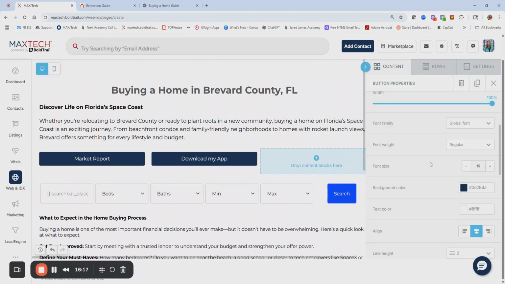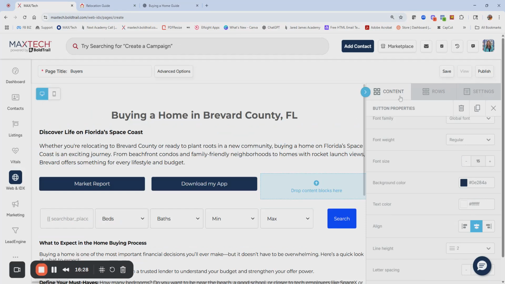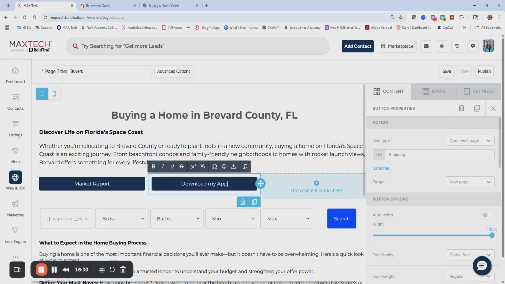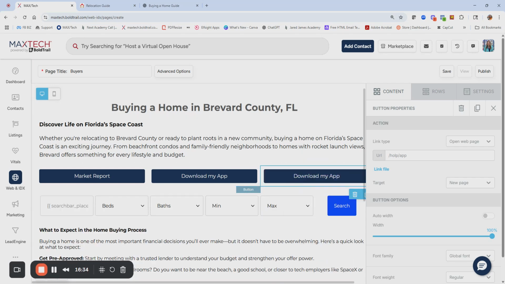I could definitely add in a form looking for information. And you see here, it's like, okay, I have market report, download my app. We have this search here, but I could, let's see what else. This one, it's fun doing the live class because I can ask your thoughts. Let's see, what do I have on this one here? So I can add another button. I have map search. So I'm going to go ahead and put in